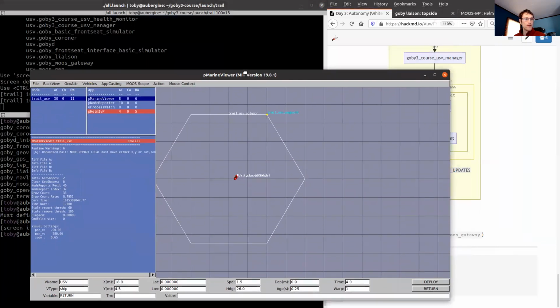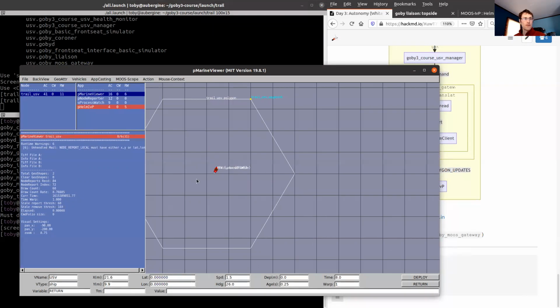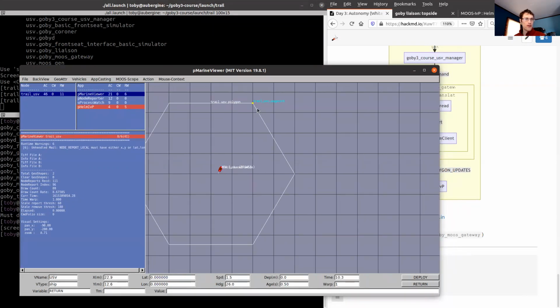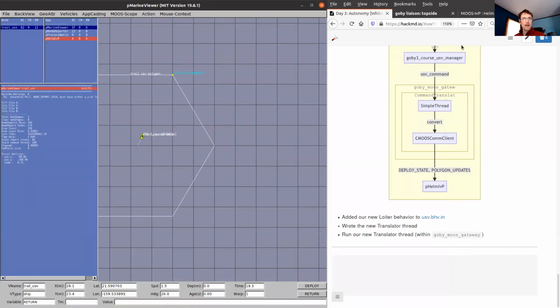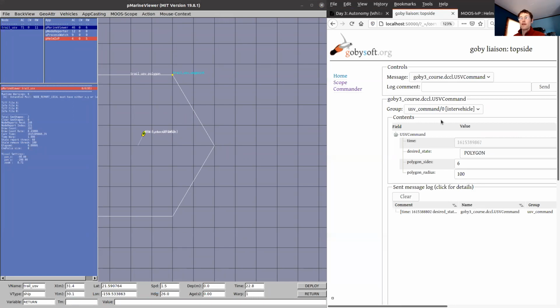As you can see, the change I made to the behavior file means that it's going to start on this polygon pattern now, this hexagon centered around the origin of 0, 0. If I go back over to liaison, let's see what happens when I send a waypoints command.